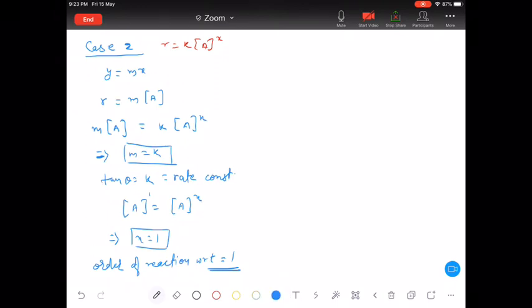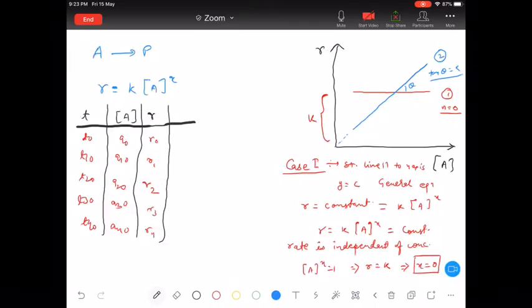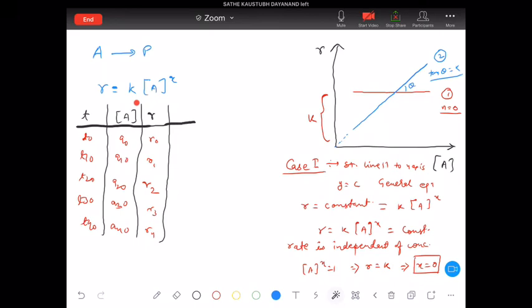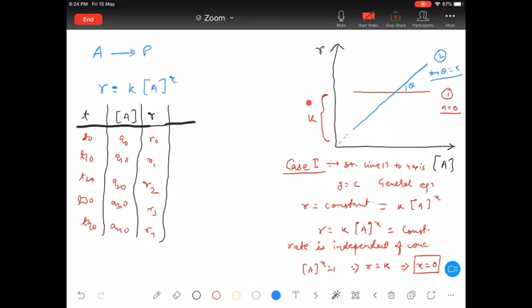Beta, what we are doing here is, see, this graph we are obtaining from this data itself. It is not even possible the case which you are saying, because from this data we are obtaining the graph, and with the help of graph we are saying if we obtain such kind of straight line. If whatever the case you are saying, in that case order of reaction, it is not necessary that it will be 1. Then another type of curve we are going to obtain, like this, or like this. Different curves will be there in that case. Yes or no?